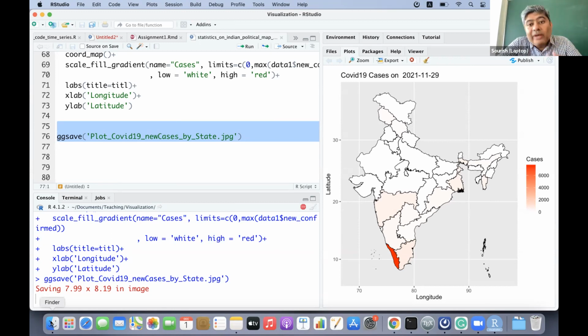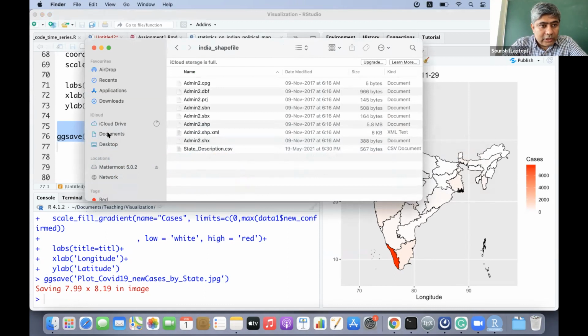But you have to be a bit careful when you are merging the shape file and your data file by state or by district name. You have to be a bit careful about the merge ID, that if the name conventions are not matching or there is a spelling difference, then the merge will not happen, and it will throw some error. So, okay, we are done.